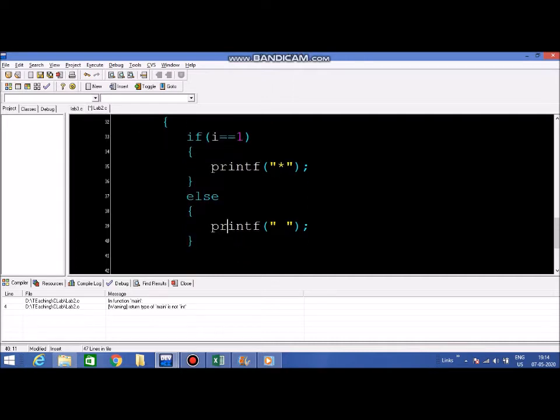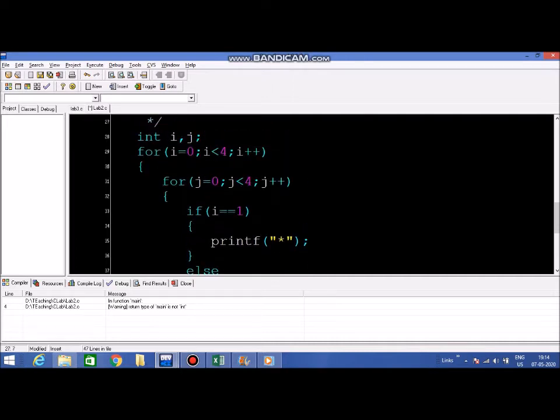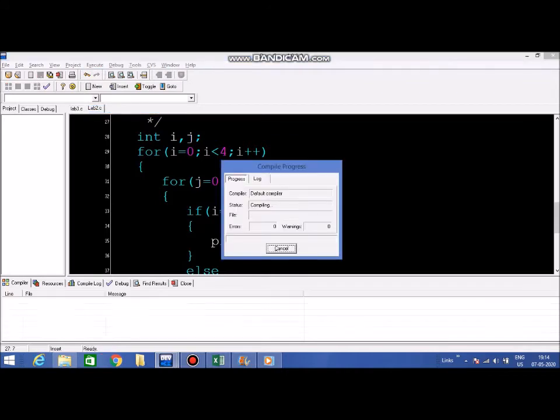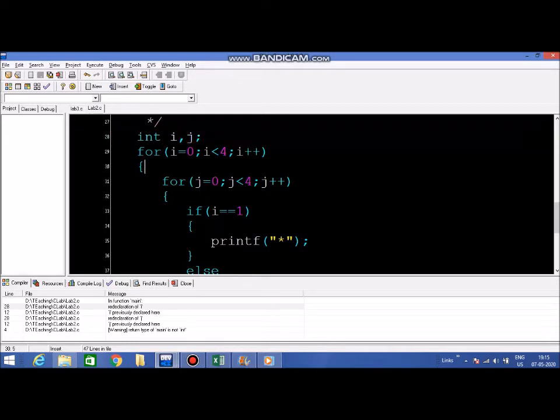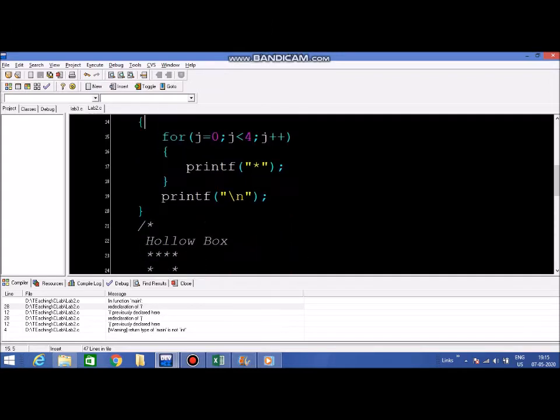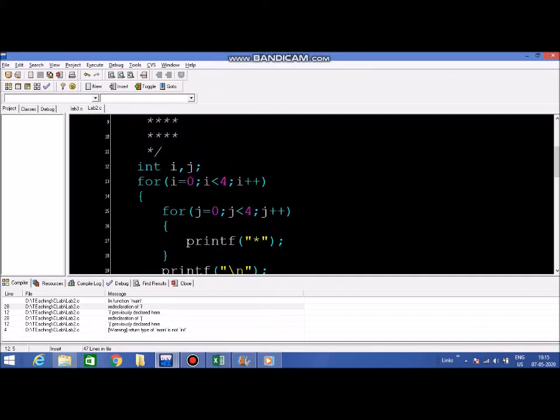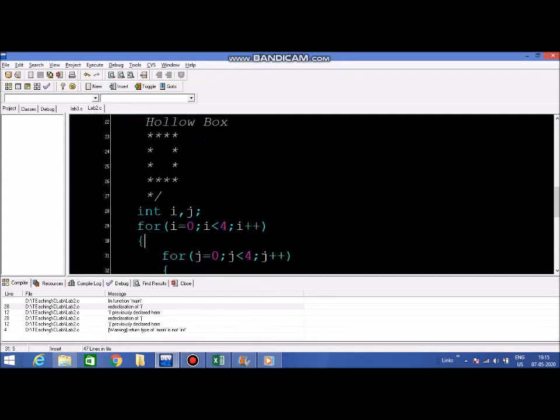Now if I execute this program, what do you think the output will be? Compile and run. It says in function main, redeclaration of i. Okay, so now we have declared i and j here. Do we need to redeclare them here again?